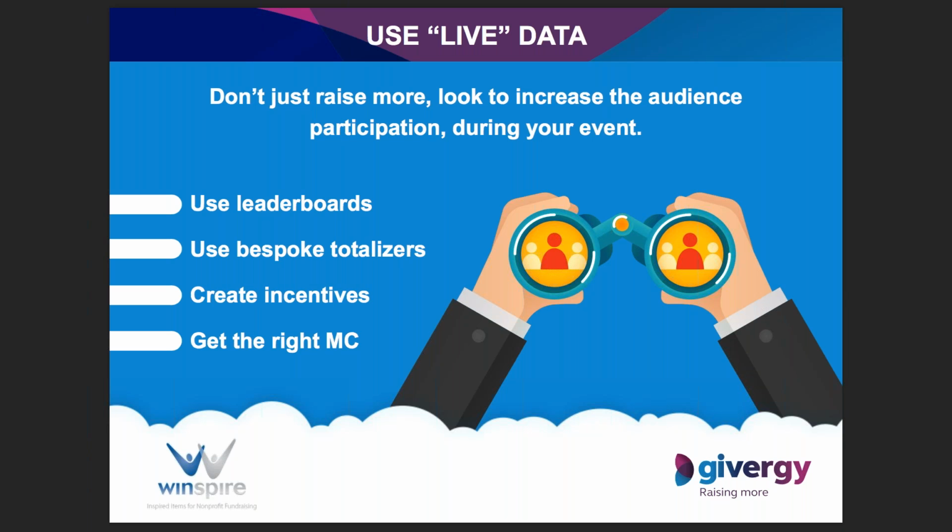So number of pledges per table is a really useful stat. I like to use what percentage of the audience has given. You might be 10 grand off your target and only 67% of the audience has given, which is an amazing stat, because you can get up there and say, ladies and gentlemen, we're only 10 grand off our target, and the better news is there's still 33% of you still to give. So that's some really useful stuff that you can utilize from these leaderboards, and also from turning them into